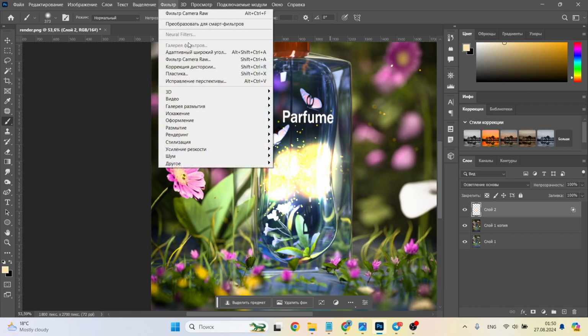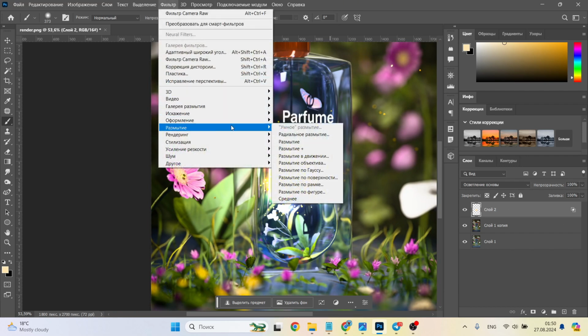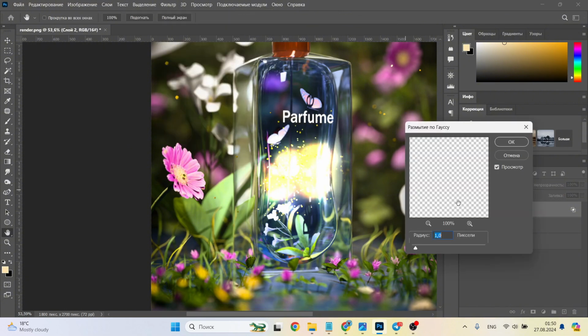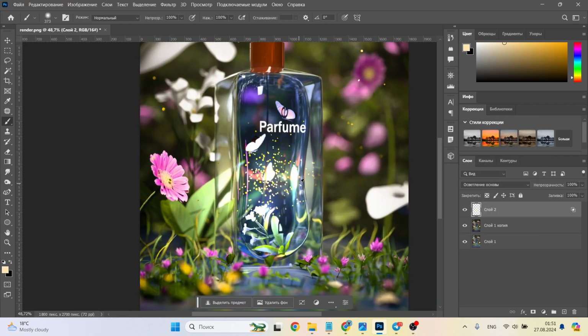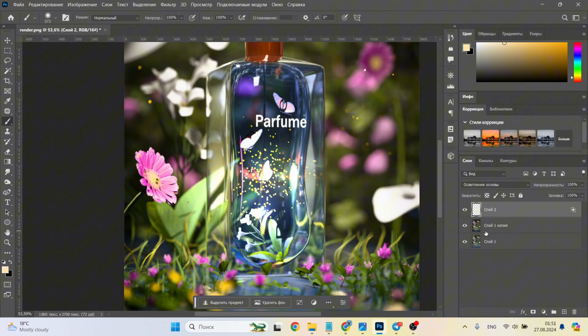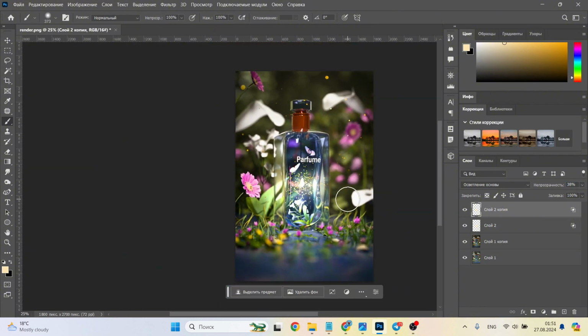Now we can apply a Gaussian blur to this layer. And now we can control the brightness of this layer with opacity, or we can, on the contrary, increase the brightness by duplicating this layer by pressing Ctrl J.